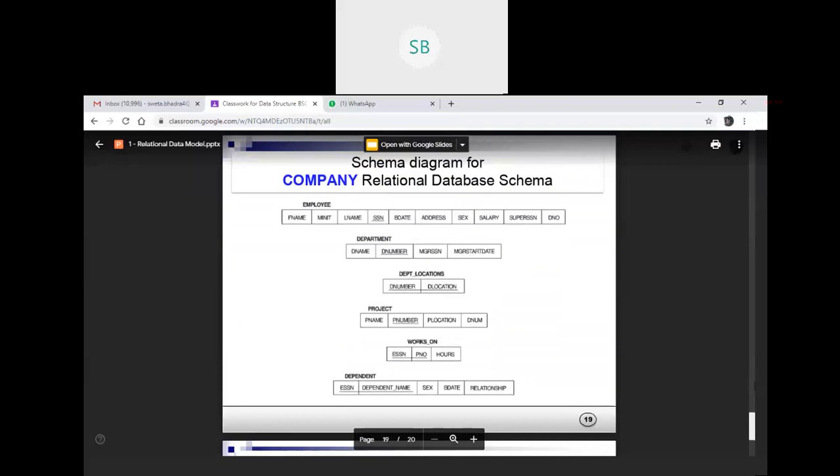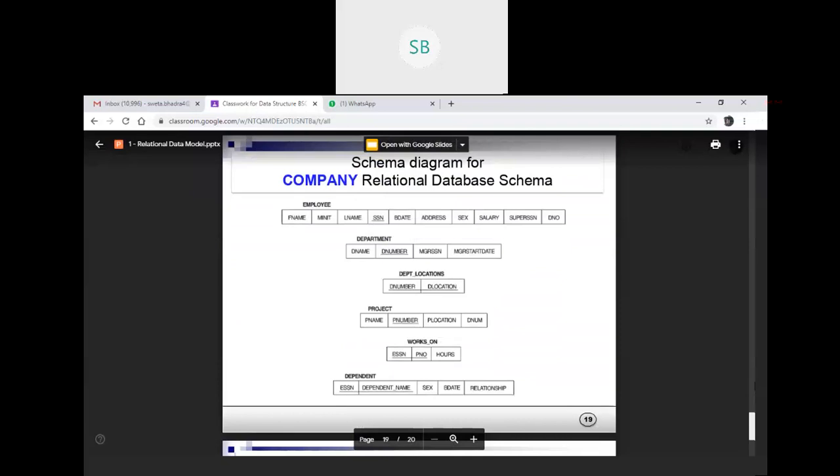Similarly, in department we have D number, manager SSN, and manager start date, where department number is the primary key, underlined here.